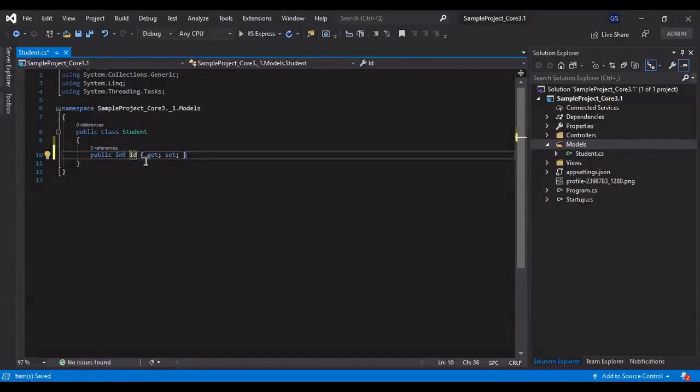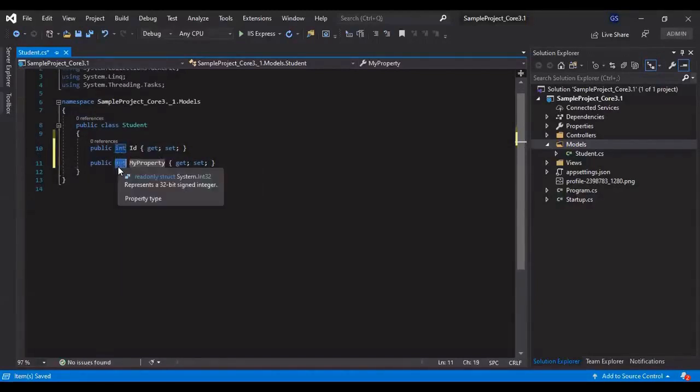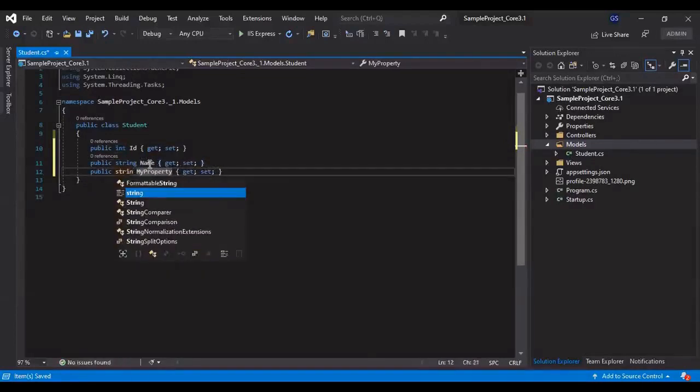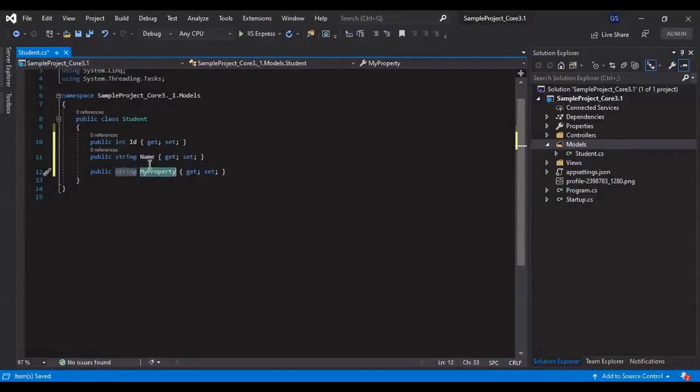Let's click enter to add another property, prop. Let's change the data type to string. We need a student name. Let's enter prop string. We need a class.